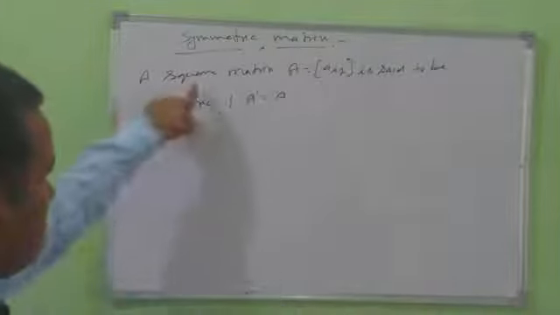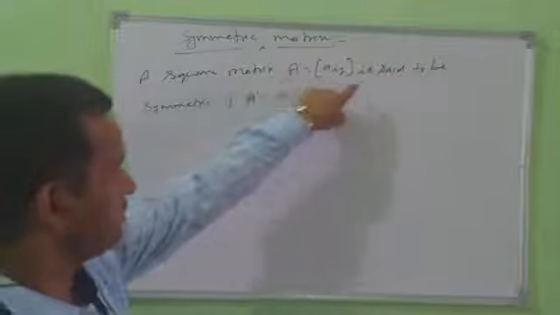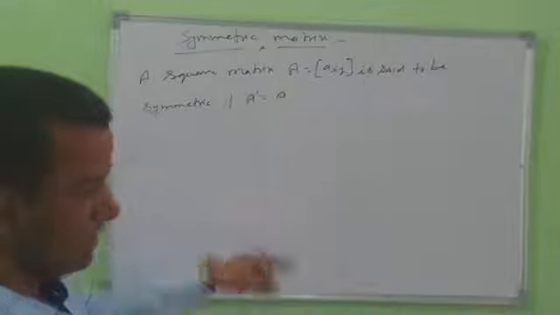A square matrix A is said to be symmetric if A' equals A. It means